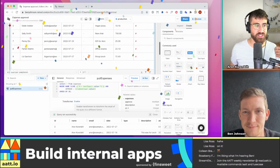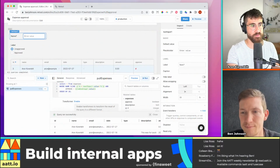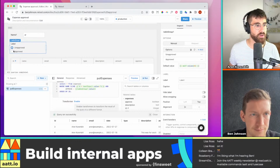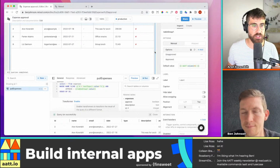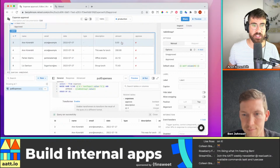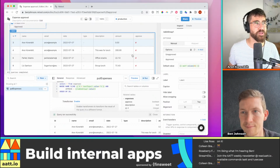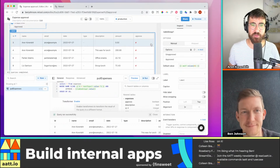Okay, so now I can search, right? So I can say show me my approved expenses. I might not have any. I have unapproved. There we go. So now I think the final step here is, okay, how do we create a button somewhere where I can say approve this expense, or send an email? Maybe let's just do the approval part. I think that's easier anyway. So how do we add a button that approves this